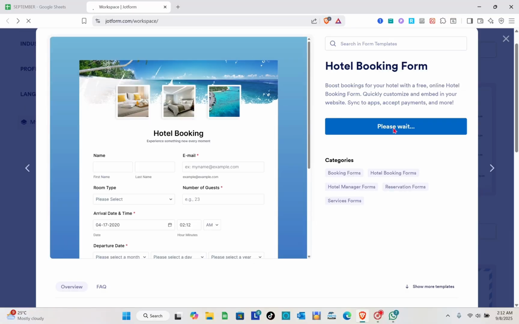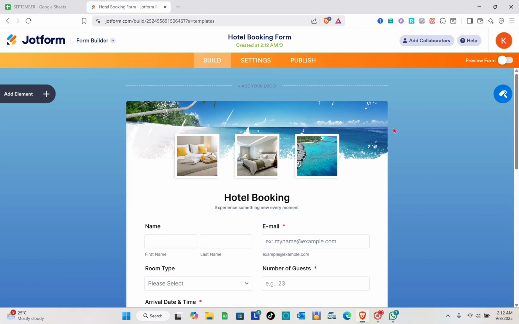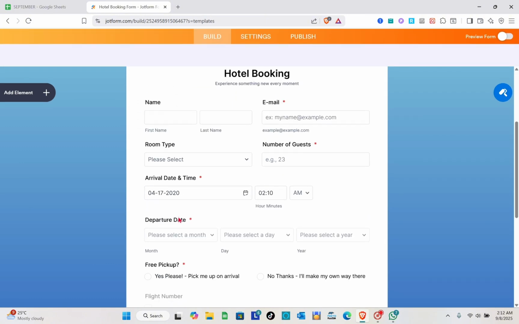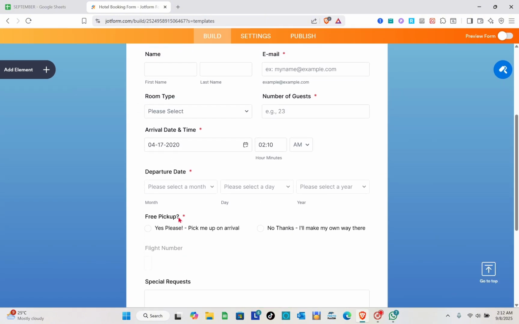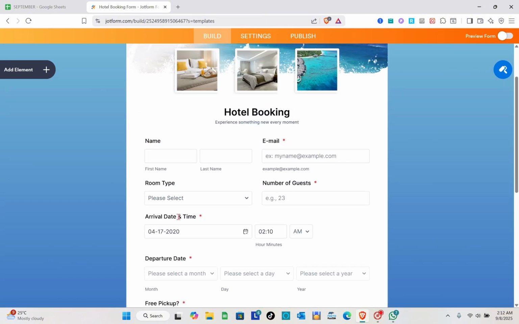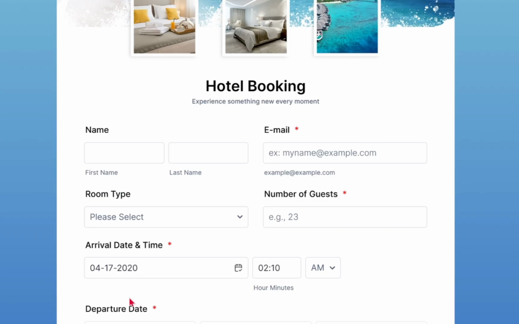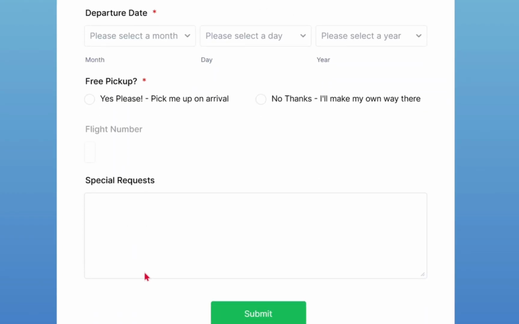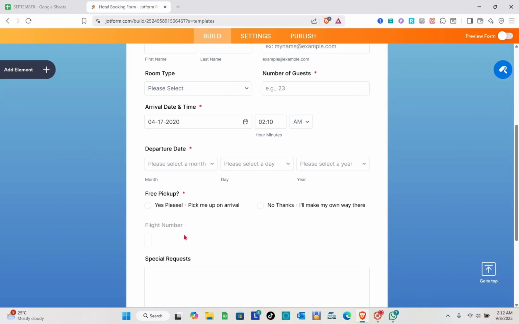Okay, so just wait for a couple of seconds. So now let us build our form. As you can see right here, we already have this element. What we're going to do here is add the Square element. To add a new element, you just have to simply click on this add element option at the top